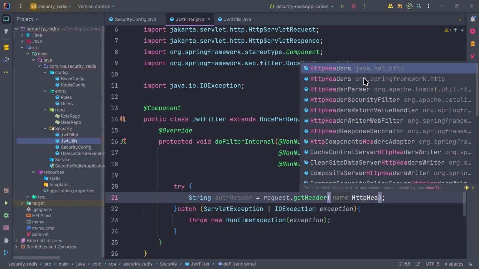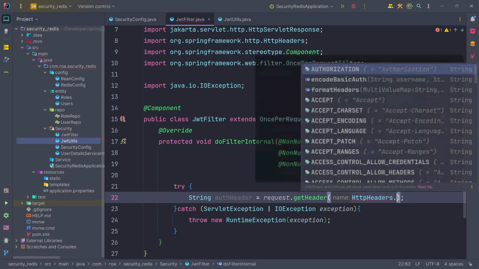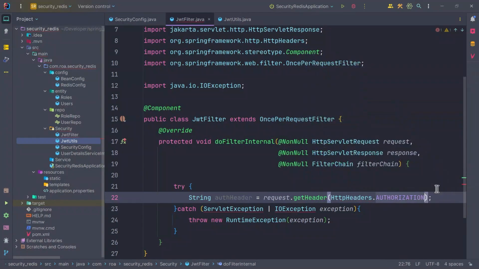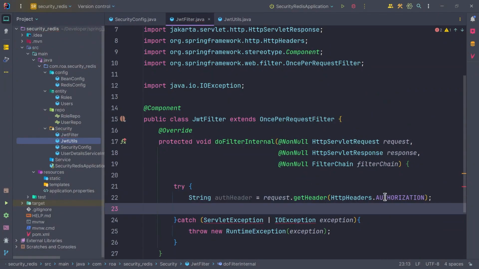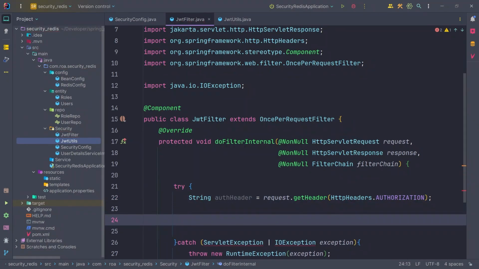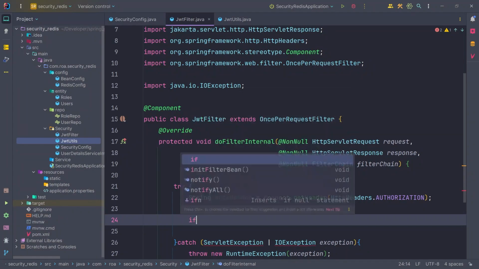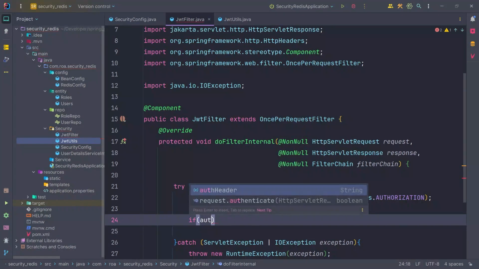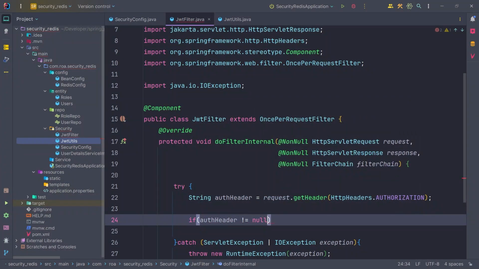You must import this second one, org.springframework.http, this one, and we can dot, and here you can put it over here. Otherwise we might make a mistake when we are typing a string, so I think we should use it like this. Now we're going to check if the string is valid or not. So we can just say if header doesn't equal null, it means that the header is present in our request. And the next part, we are checking if it contains the bearer prefix or not. So it's going to be and